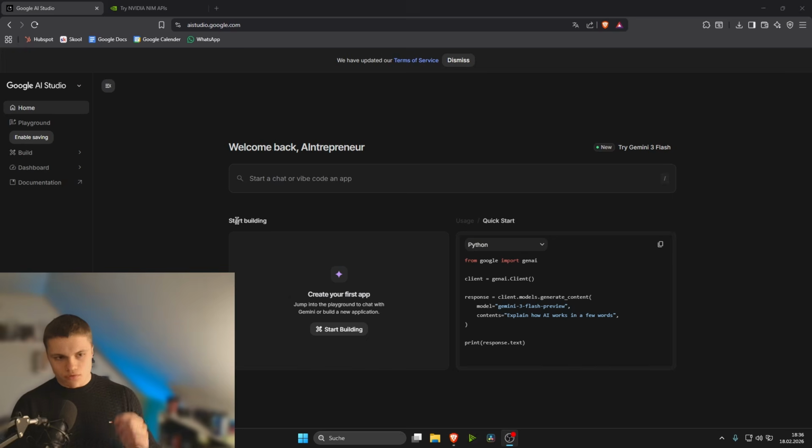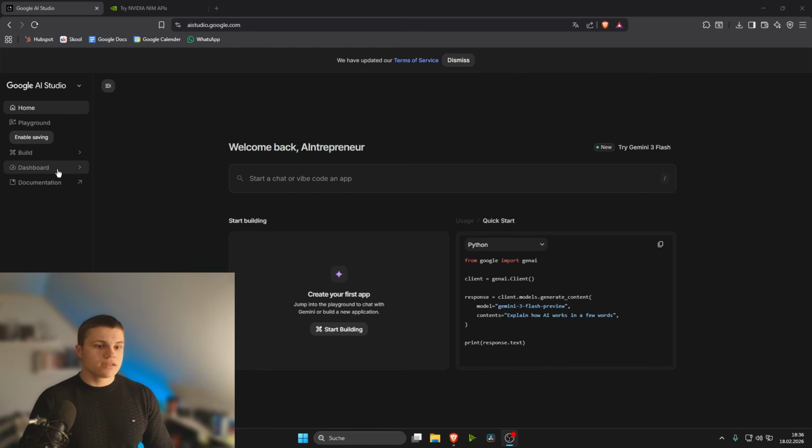So as I said, they're fully legal, they're public, they're by the providers themselves who allow you to use them for free. And today I want to show you how to use them because many people still don't know this. So here we go. First, if we want to use Gemini tokens for free, then we have to go to